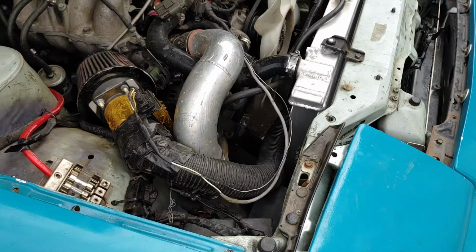I just popped off the lower radiator hose, and the water that came out was straight red with rust. So I'm very confident now that's why my car's not cooling well. And on the bright side, all that red water that came out, that's a bunch less rust that's now in my radiator. So